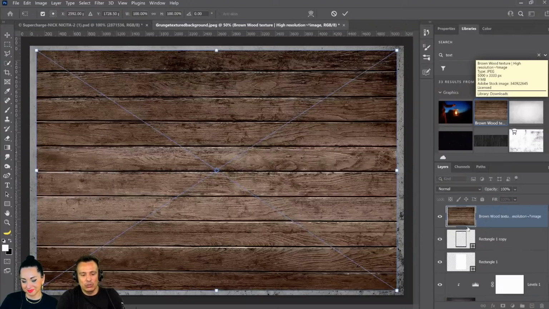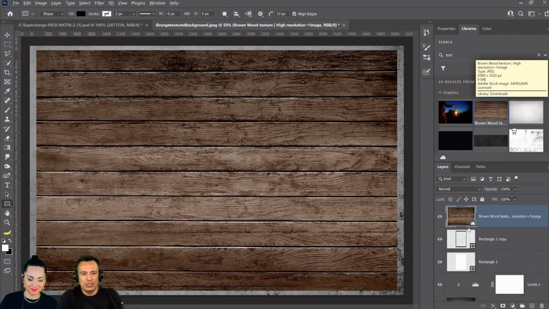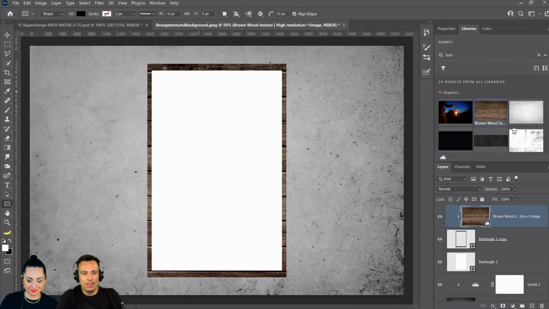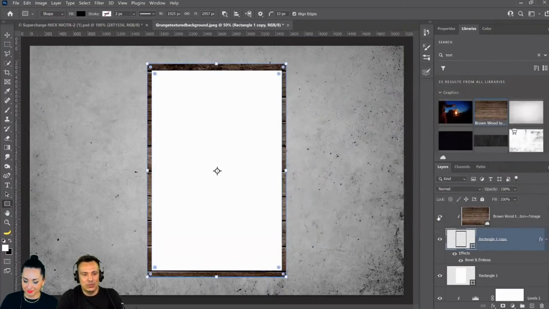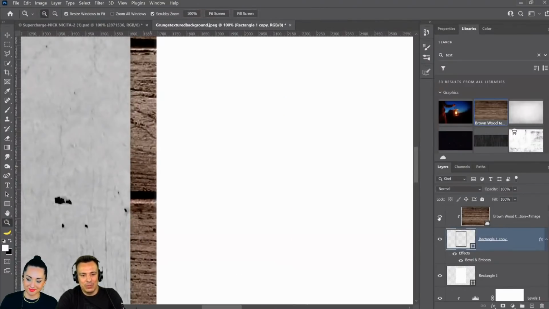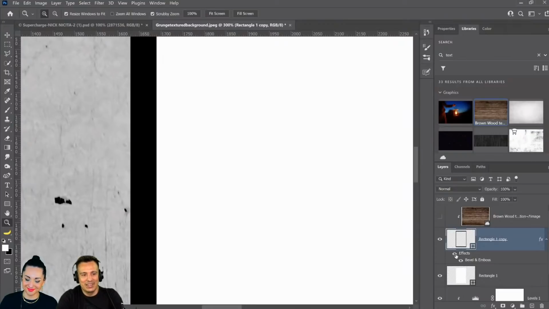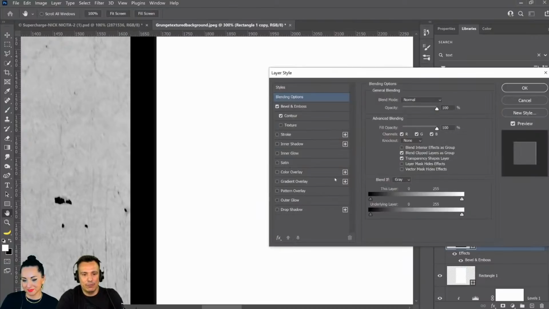I can hold Control Alt G on Windows, Command Option G on the Mac, and then that creates my frame. And then you can even go into the bevel and emboss and start applying a nice bevel, contour maybe, and adjust it just to give it a little bit of depth. And then obviously you can adjust the colors and everything that you want to make it stand out more. And actually, that is not working. So let's figure out why. But anyway, the point is that you can make all these different adjustments.